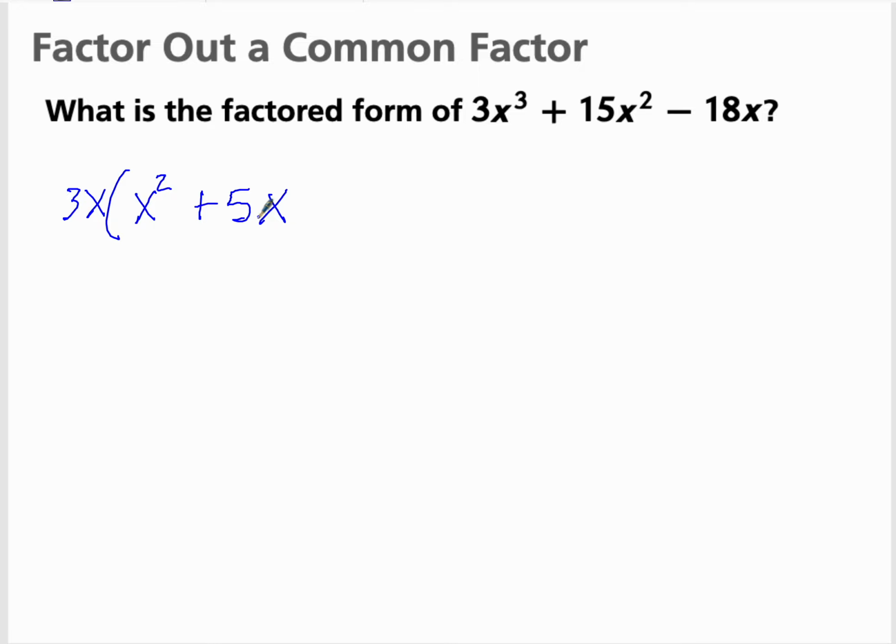3x times 5x is 15x squared. So that's how that factor works. And then how many times does 3x go into negative 18x? Well, that would be negative 6 times, minus 6. 3x times a minus 6 is negative 18x. So now I've factored out a term, and this needs to remain one of my factors, but now I have